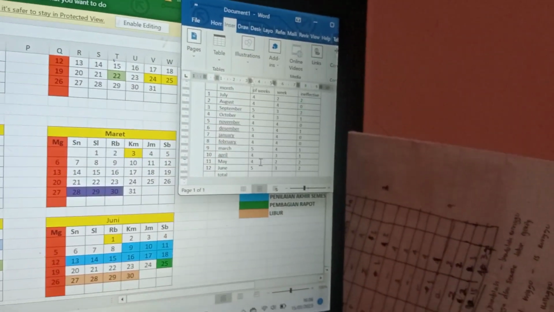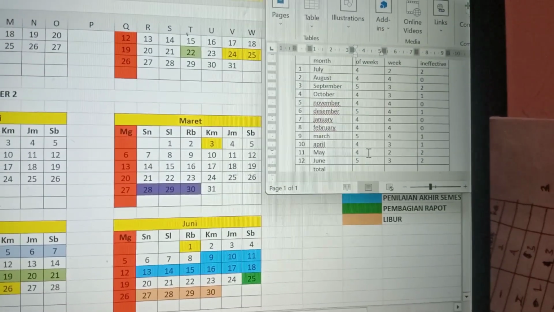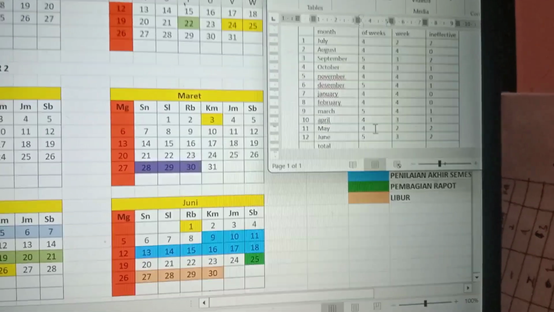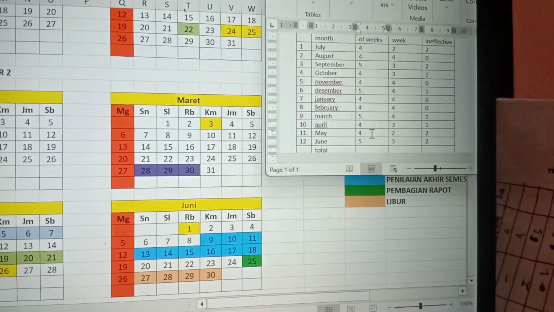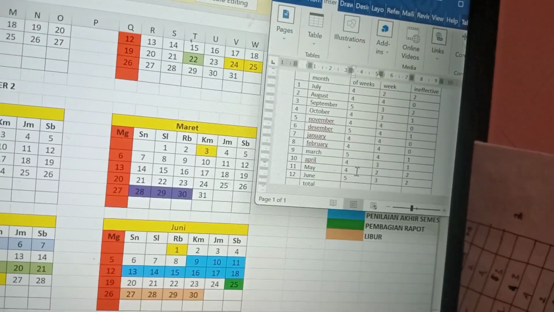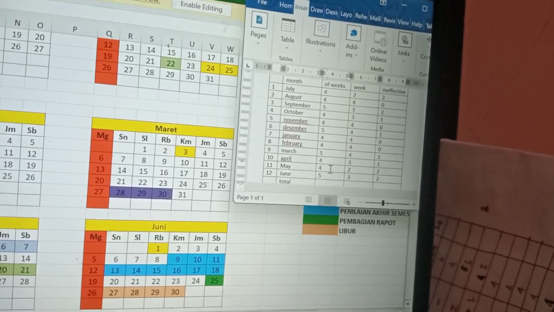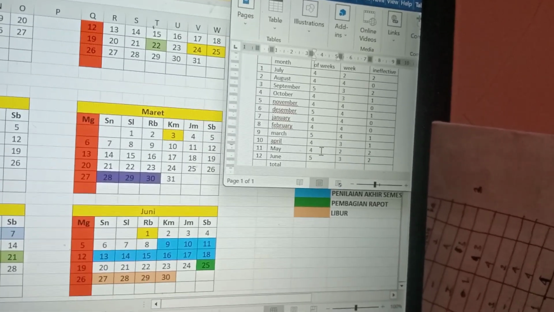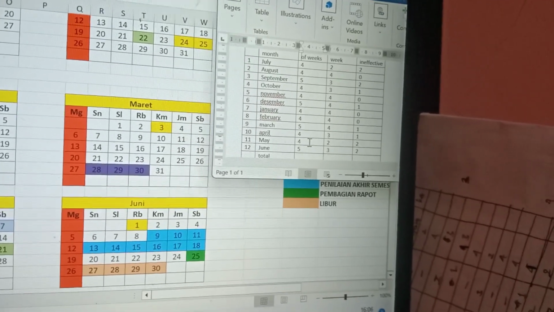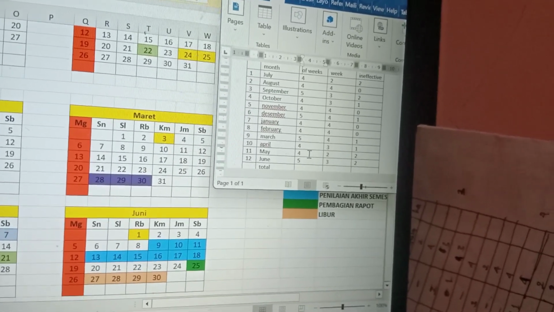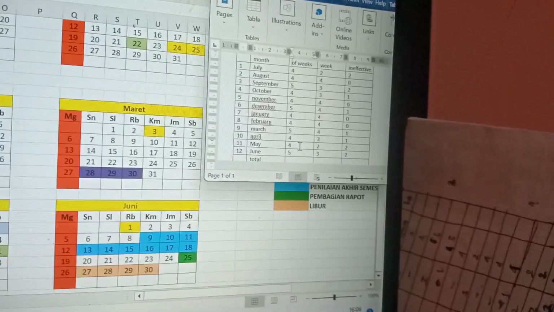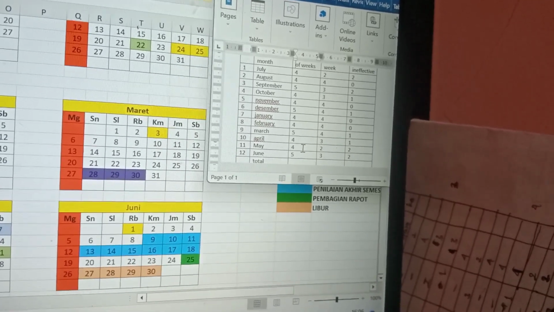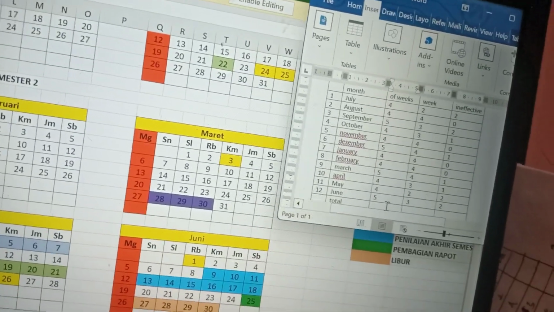I will count the total of weeks for semester 1 and semester 2. 4 plus 4 plus 5 plus 4 plus 4 plus 5 plus 4 plus 4 plus 5 plus 4 plus 4 plus 5. There are 52